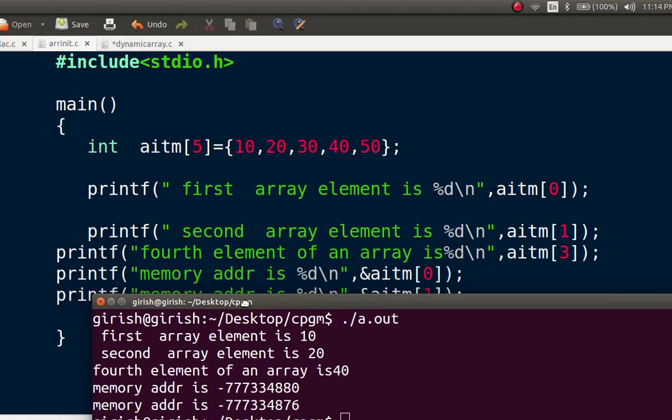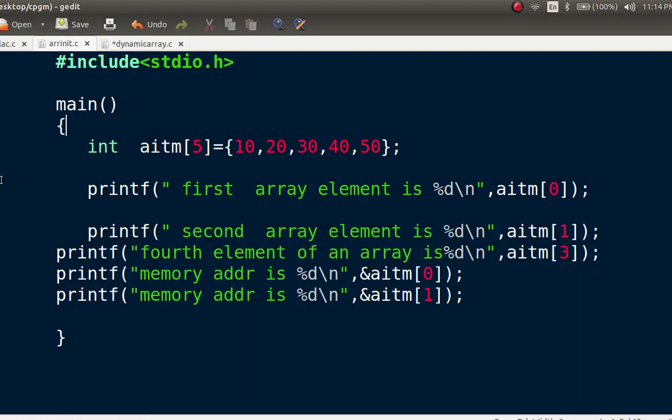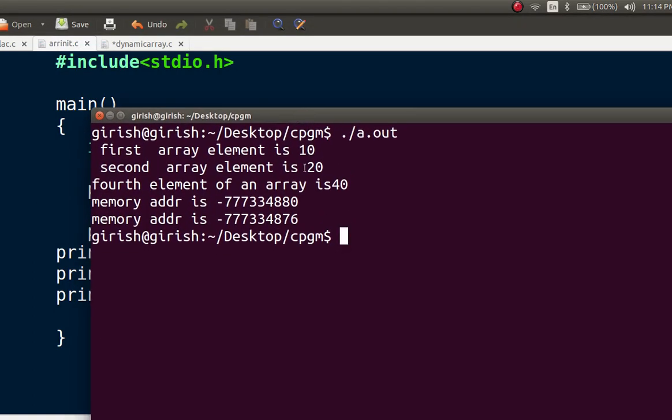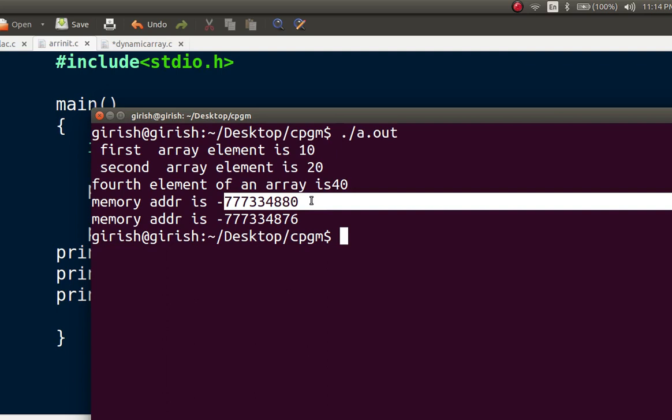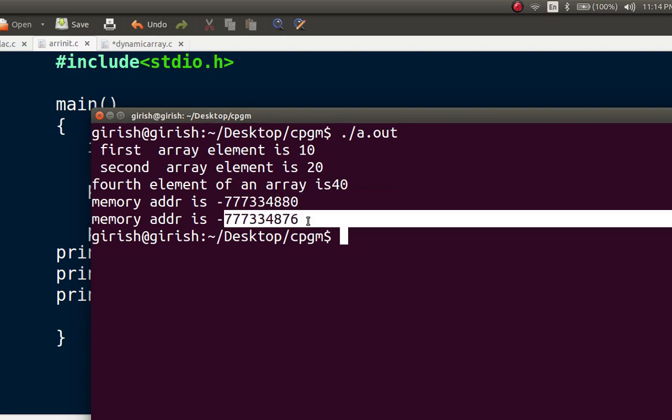This is our output. Memory address of the first element is 880 and the second address is 876.